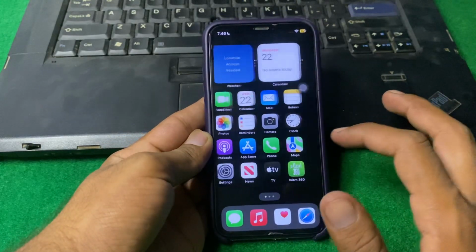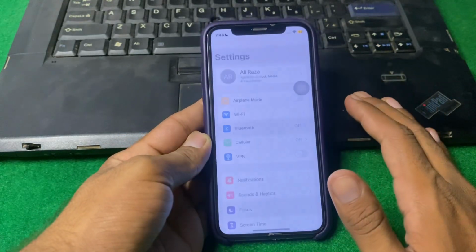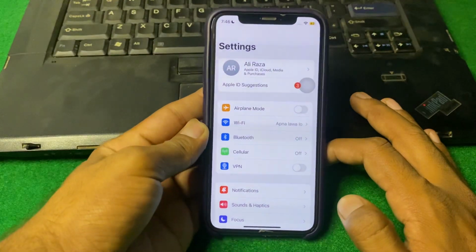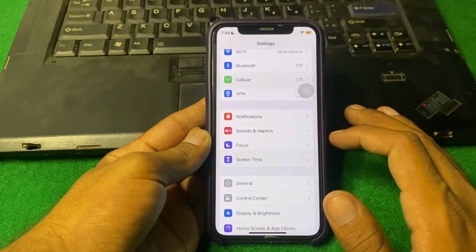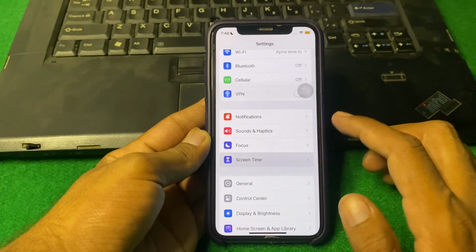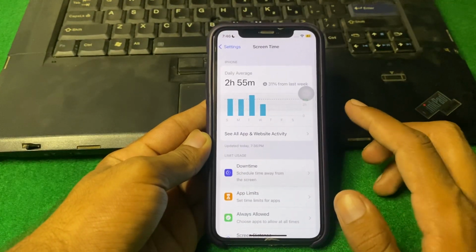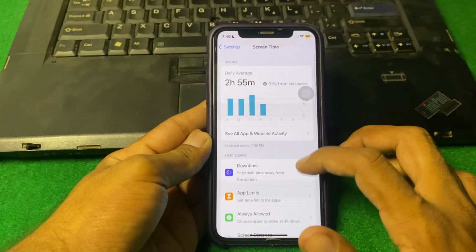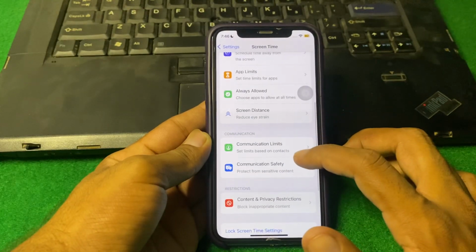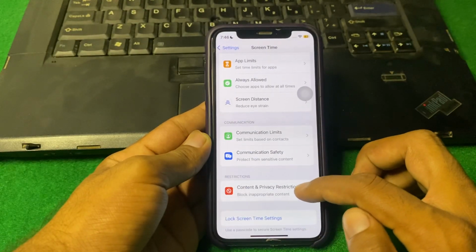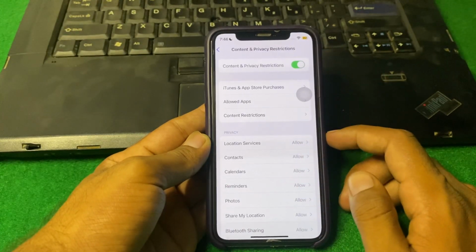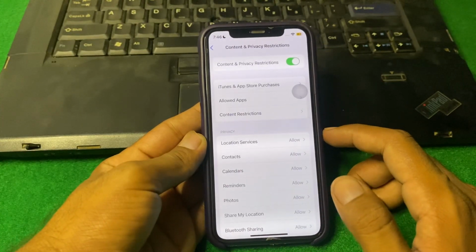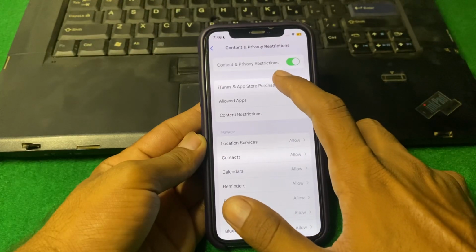So guys, first of all you have to simply open Settings. Now from here, scroll down and tap on Screen Time. After that, what we need to do is simply scroll down and tap on Content and Privacy Restrictions. So guys, from here turn this toggle on, and after that tap on iTunes and App Store